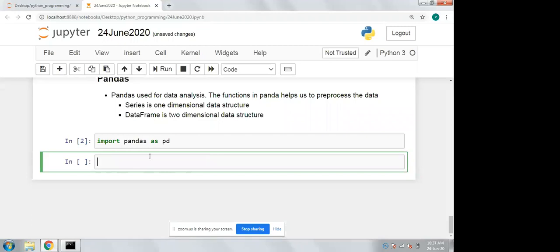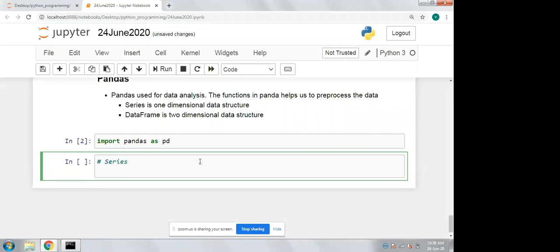So first, let us create a series object. For that, I need some list of elements. So I'm taking some names. Names equal to some list of names for creating a series.